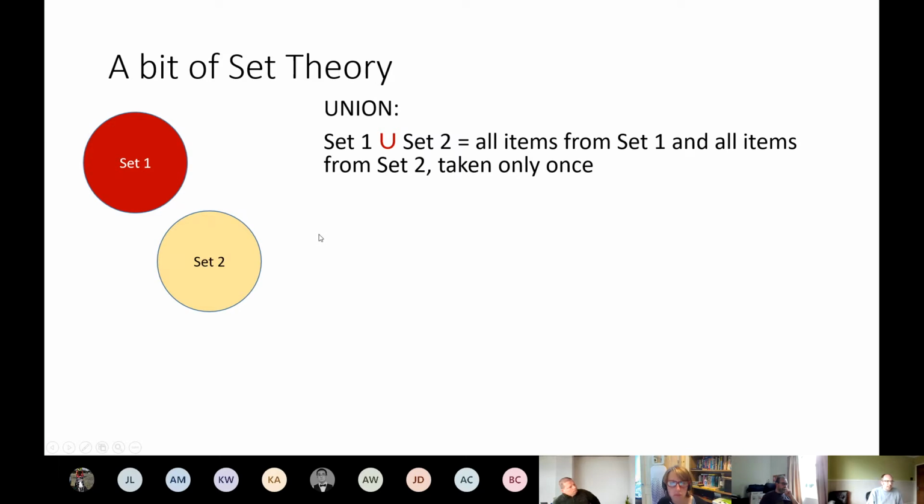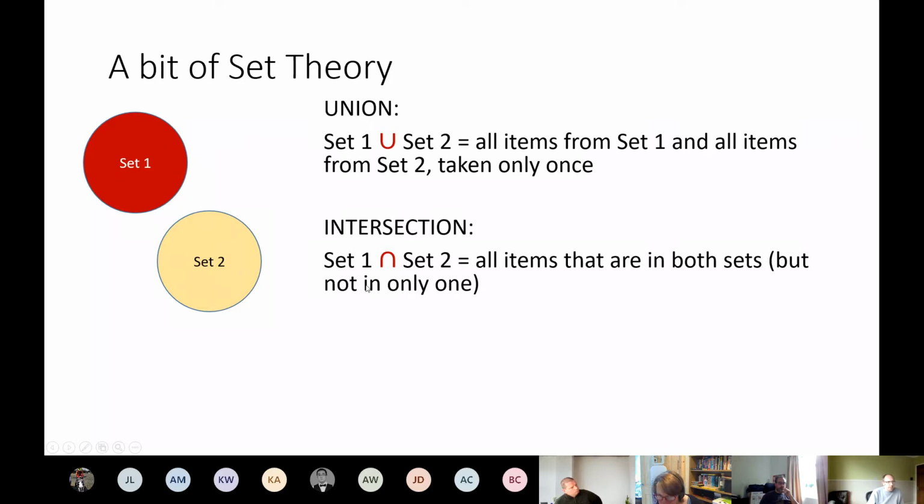The second option is an intersection. And you see these little logos, or the kind of set theory logos for what these things are. So intersections will take items that appear only in both sets. So if, for example, you have set 1 as people with diabetes and set 2 as people who are over 65, the intersection of those will give you all people over 65 with diabetes. So you're not getting those under 65 that would appear in the diabetes set. You're only getting those that appear in both sets.